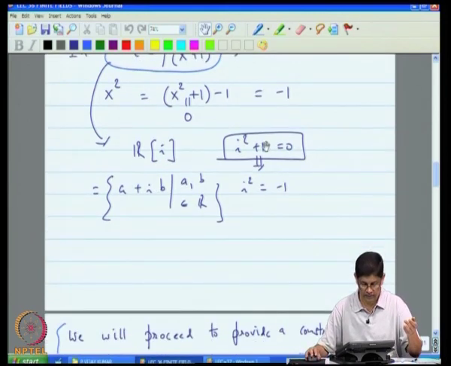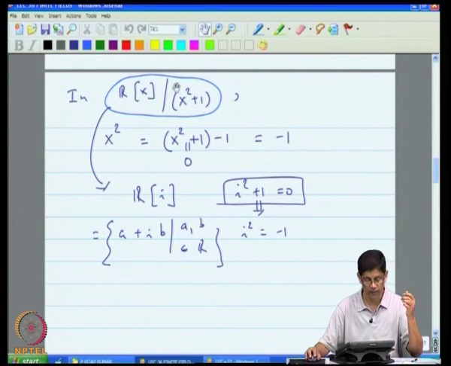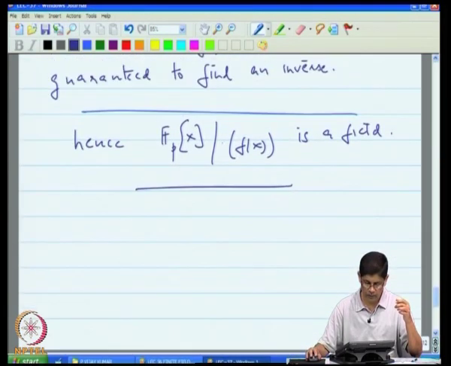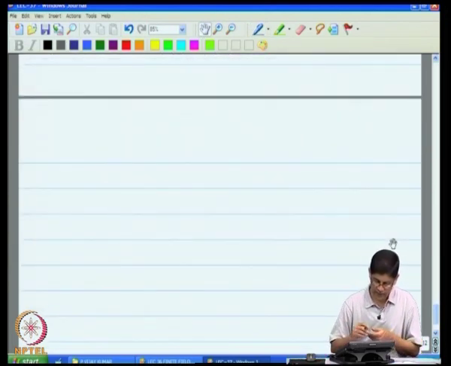So, you just bring in this fictitious element i, and provided you keep in mind the fact that i squared plus 1 is 0, you no longer have to keep carrying around this modulo sign. In the same way, now in lecture 37, we know that this is a field, but it is cumbersome to keep thinking of it like this. So, what we will do, and I will illustrate this in